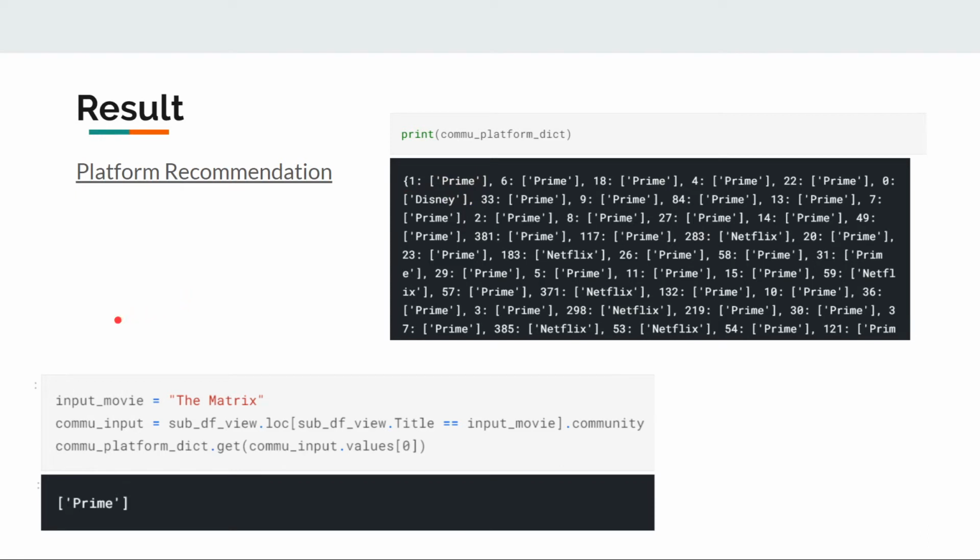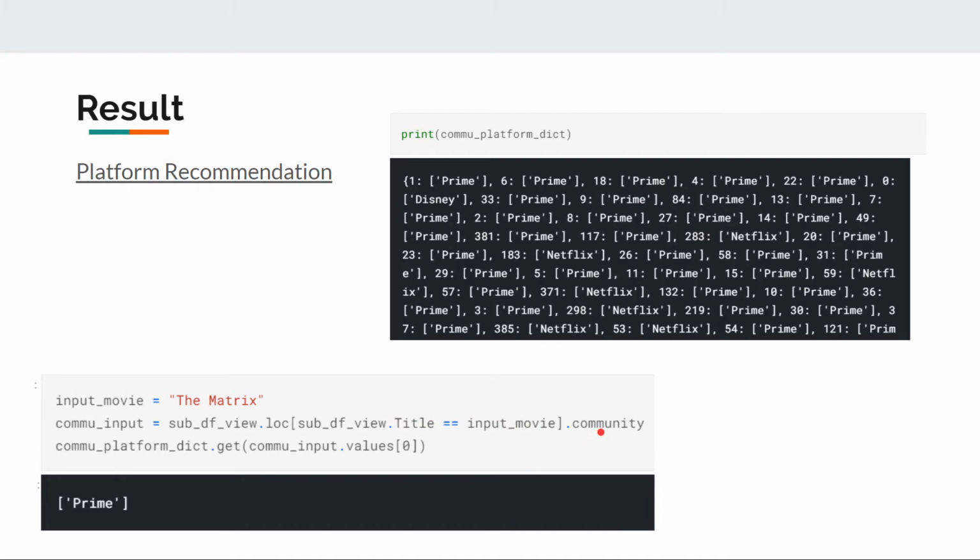Furthermore, we can input the movie title that we want, and then we are able to find the community number from the data frame table according to the input movie title.